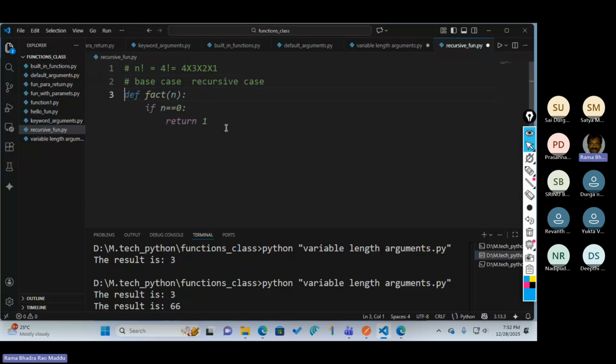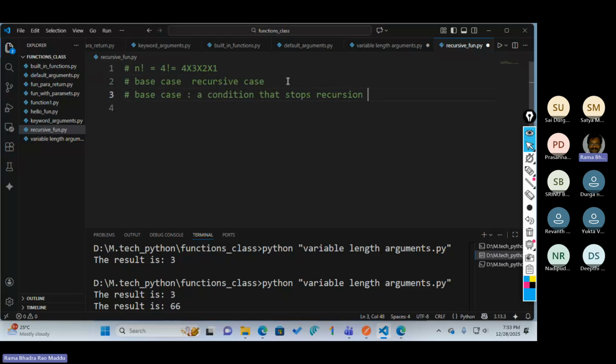The base case is the condition where you need to stop. Base case always tells a condition that stops the recursion.